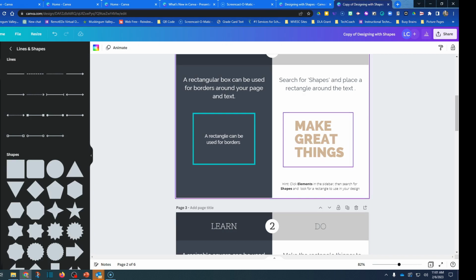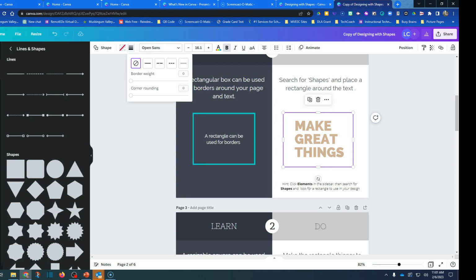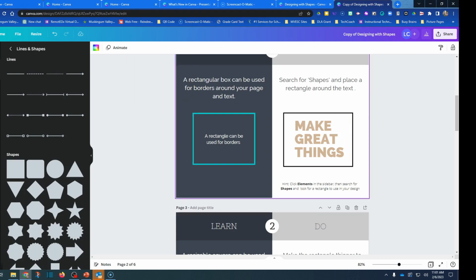Well, the line itself is not a color. So if I click on it again, I can go back up here to the border styles, and you can see right now we're at the border weight where it has nothing. Maybe I want to make it just a solid color. Okay, I've made it just black. If I click on it, you can see that this is black.